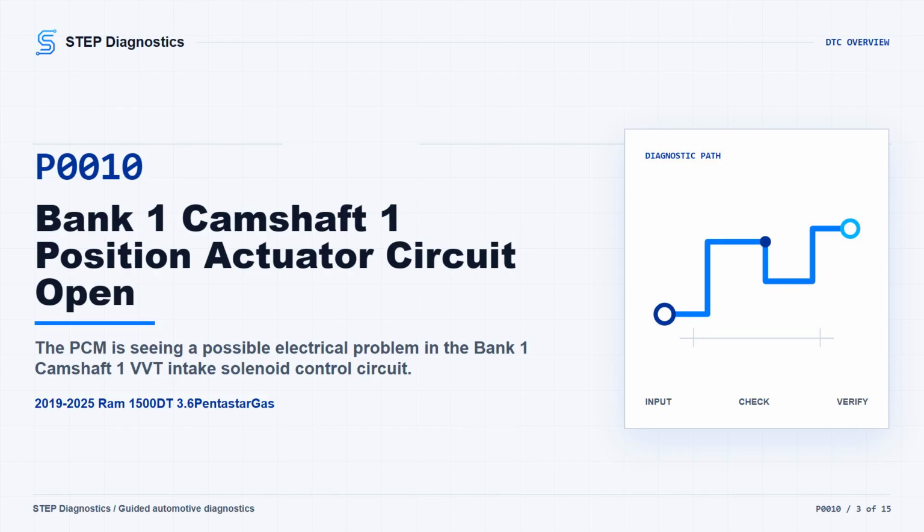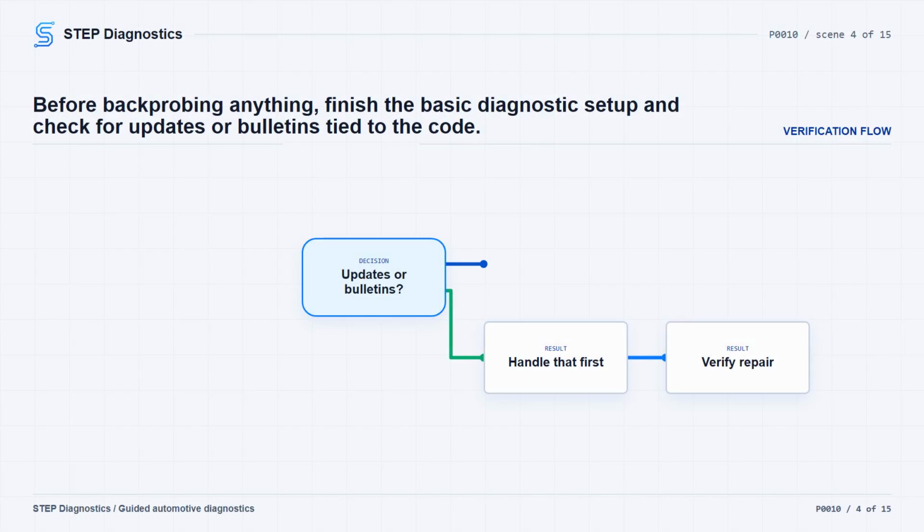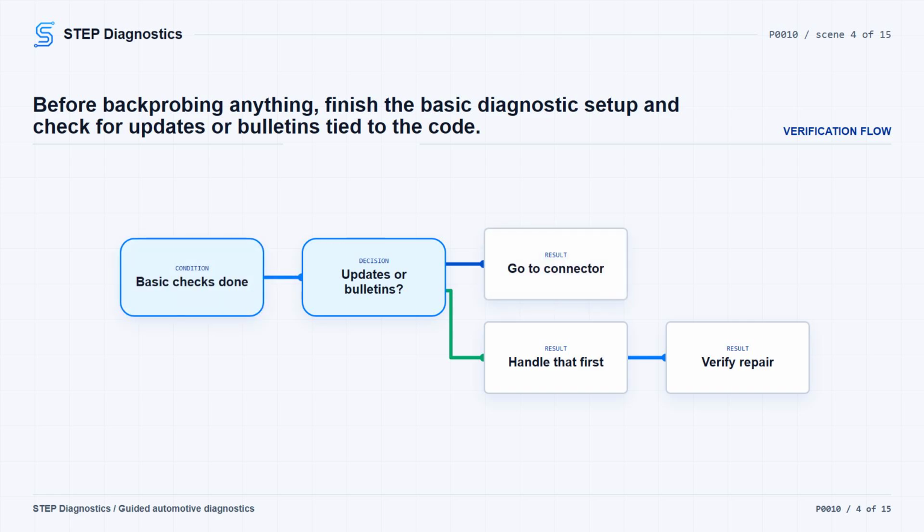The monitor is simple. The engine is running, battery voltage is greater than 10.4 volts, and the PCM detects a circuit failure on the camshaft 1/1-position solenoid control circuitry. Before chasing the circuit, complete the pre-diagnostic troubleshooting. Then check for any applicable service bulletins or PCM software updates related to this code. If there is an applicable update or repair path, handle that first, and then verify the repair before going deeper